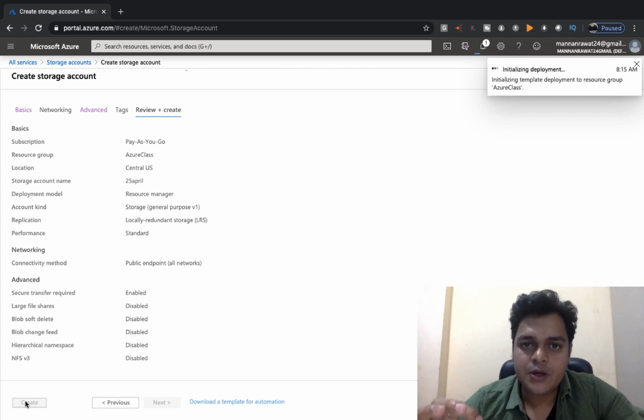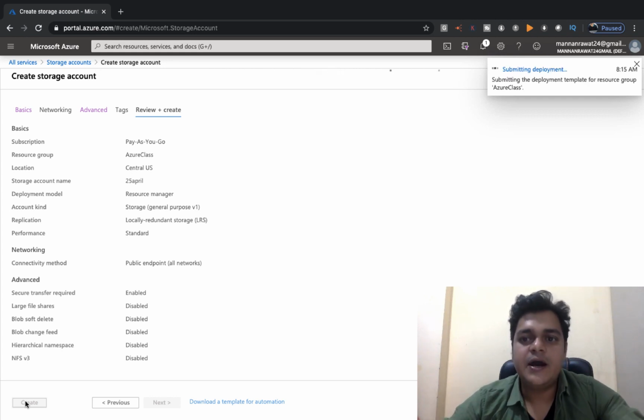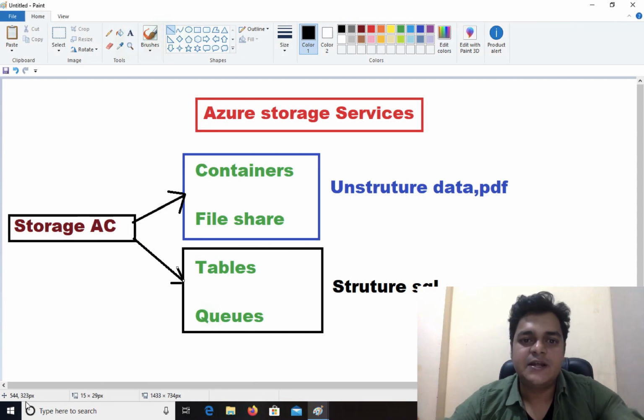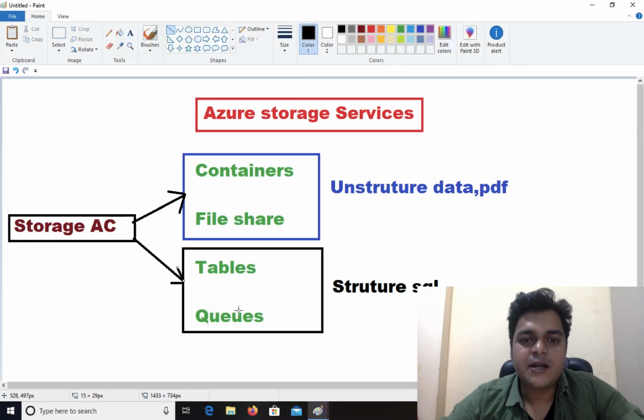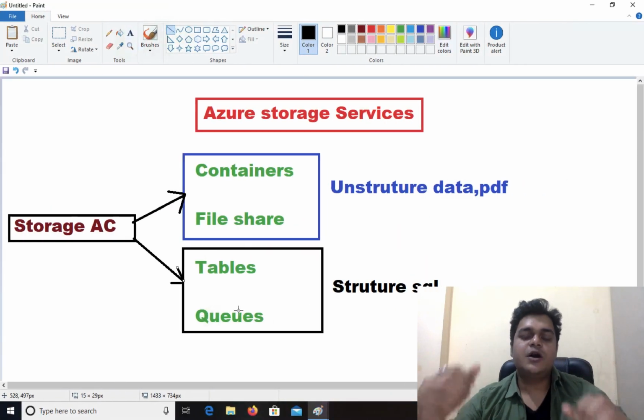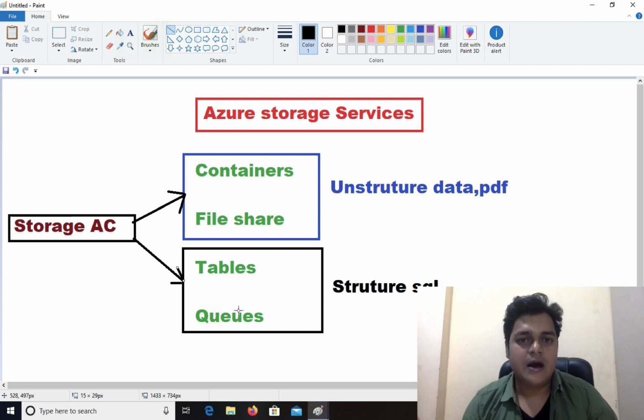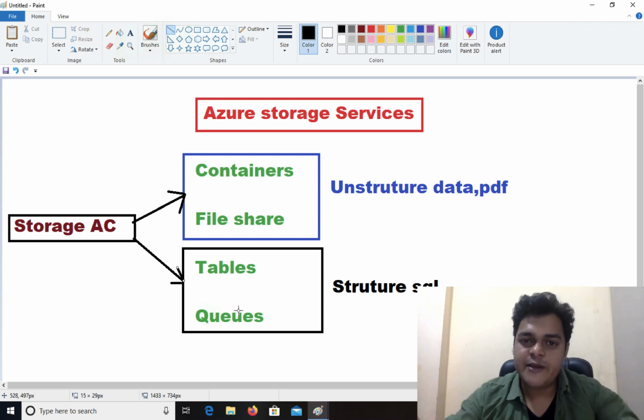So this is the step to create a storage account over the Azure portal, and after creating the storage account you will get 4 different options that we discussed in our theoretical part. The options will be containers, file share, tables and queues. Once our storage account is created, we will discuss the container and how we can use it. As we know, the container basically works just like object-based storage, means you can upload your data and share your data anywhere. By using the URL, anyone can download your data.